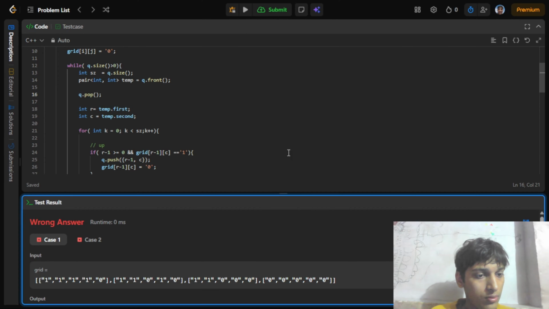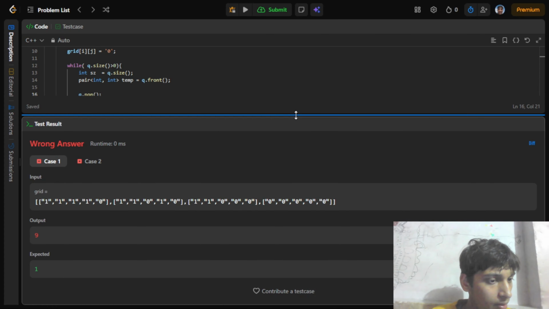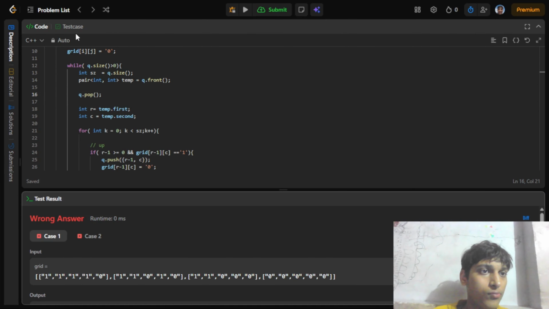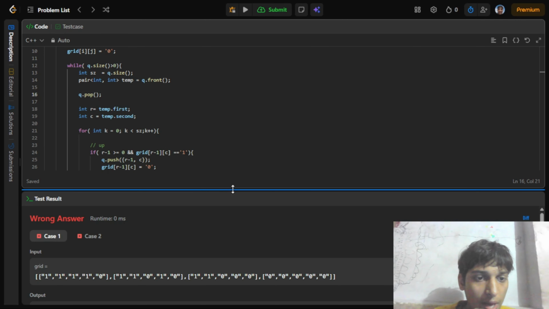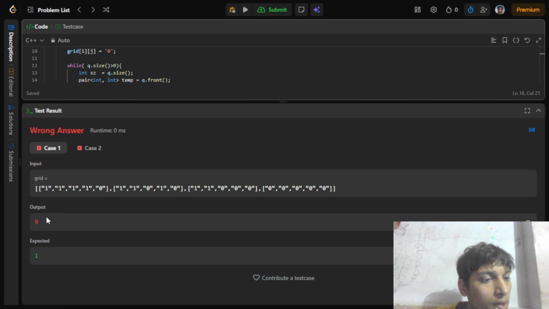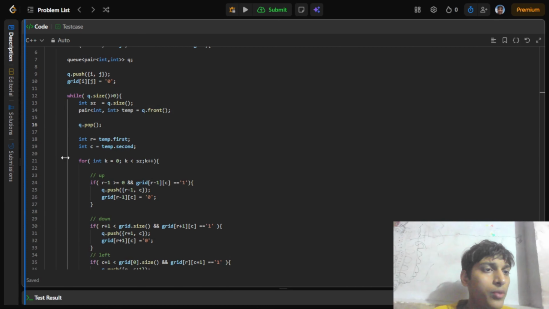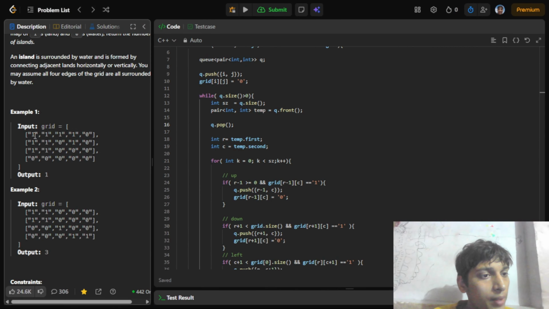Okay, now wrong answer. The output is coming 9, but expected is 1. Where's the error? Output is 9. What is it doing here? If we are at this element, okay, this is new, we search it, we insert this in the q.